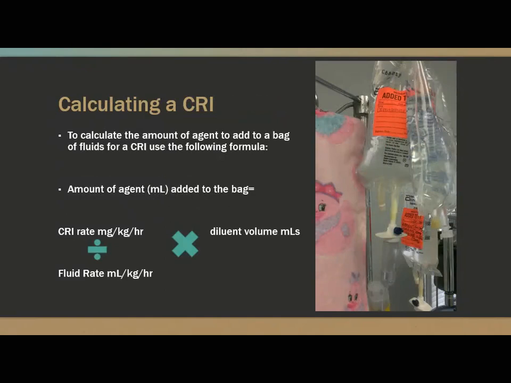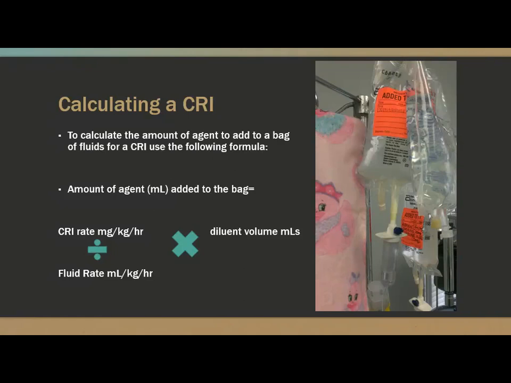But to calculate a CRI, it's pretty simple. You just want the amount of agent added to the bag, and to get that, you want to look at your rate, so whatever you and your doctor have discussed, as your mgs per kg per hour, or micrograms per kg per hour if you're dealing with agents such as fentanyl. Maybe do your calculations in micrograms. If you're using dexmedetomidine, micrograms would be acceptable. You want to divide that by your fluid rate, whatever your doctor has decided, mils per